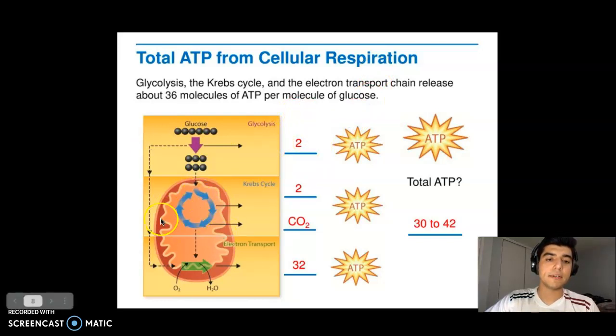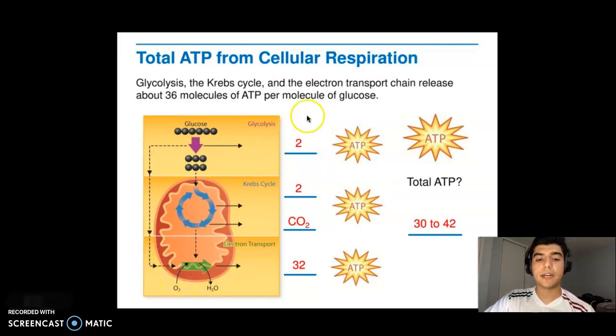Then during the Krebs cycle, the 2 glucose products are further processed, and we end up with 2 more ATP as a result, and we also end up with carbon dioxide. Finally, during electron transfer, which happens once again in the mitochondrial membrane, you can see that we use the oxygen molecules, we break them down, and we end up with water. At the same time, we transfer those electrons into electron carriers, and we end up with a total of approximately